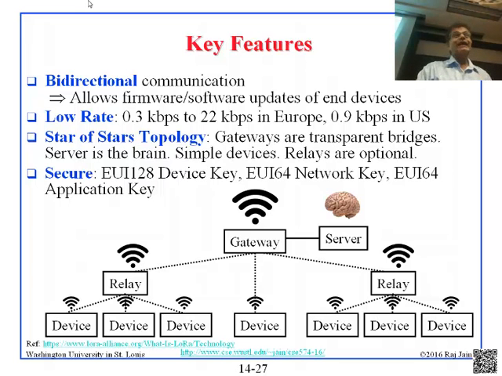And a 64-bit application key. So you join the network, but you can't just go and start reading or writing the electrical meter reading. You have to be part of the electrical company. So that is the application key. This is another new concept, that you don't need just one key. Right now in your home, when you program a network, you put the key, and then you are free to do everything. You can print, you can play music, you can look at the files, which was yesterday good, but